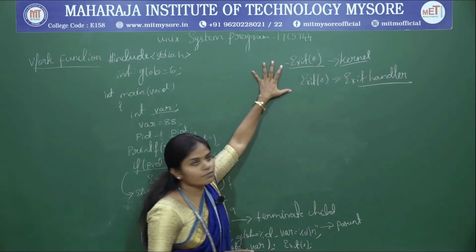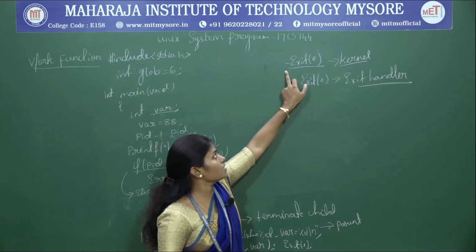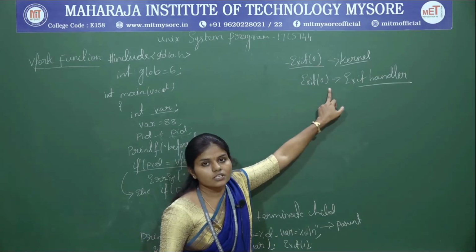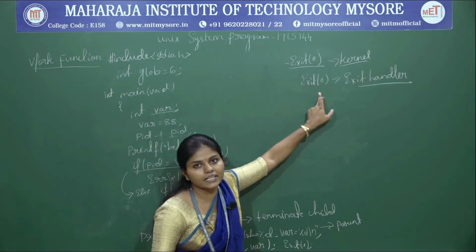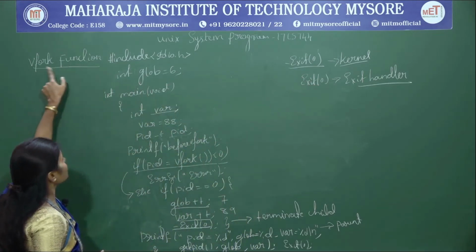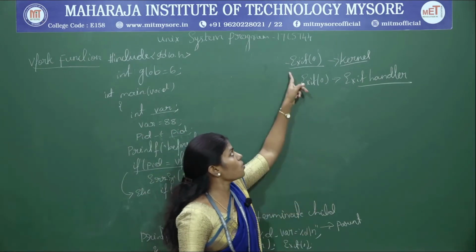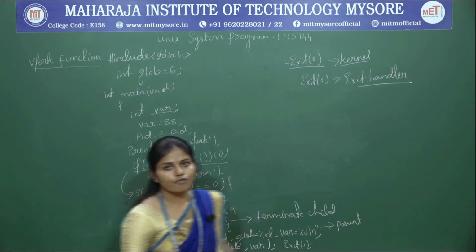So this is the difference between exit(0) and _exit(0), that is, underscore exit of 0 and exit of 0, right. This is one important function we have added, in which function? In the vfork function. But in the fork function we do not use _exit(0). So what else do we use in the fork command?